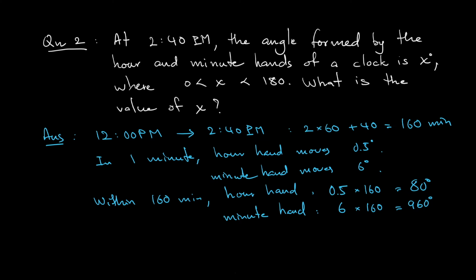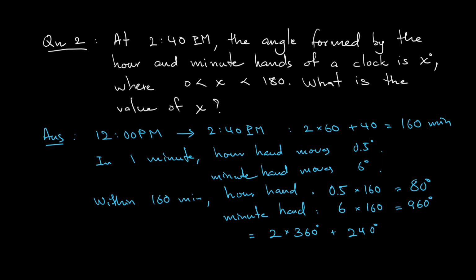But notice that 960 degrees, let me write here, is equal to 2 multiplied by 360 degrees plus the remainder of 240 degrees. So what does this mean? This means that it will move 2 rounds and an extra 240 degrees. So technically, effectively, the minute hand would move